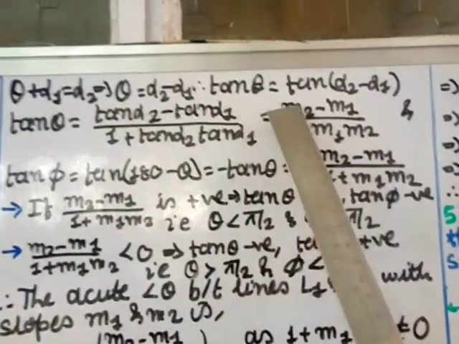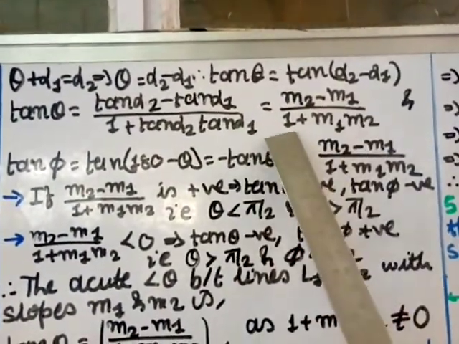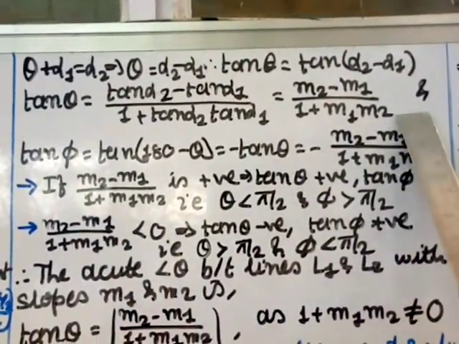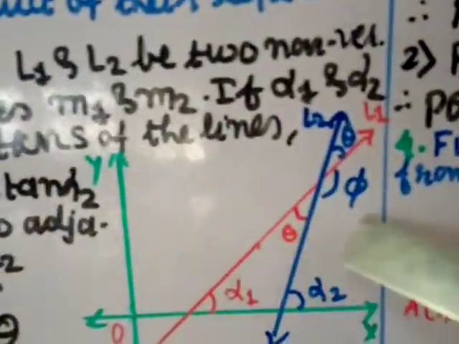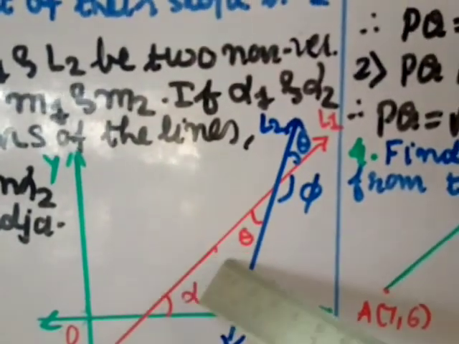Okay, so put these values. So let us place the values. So this one is m2 minus m1 divided by 1 plus m1 m2. And tan phi. Okay, second angle, here the angle is theta and phi both. First we have found this, now we'll find this, but phi value in terms of theta